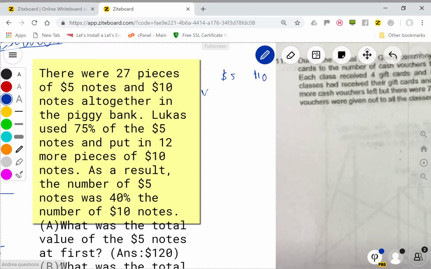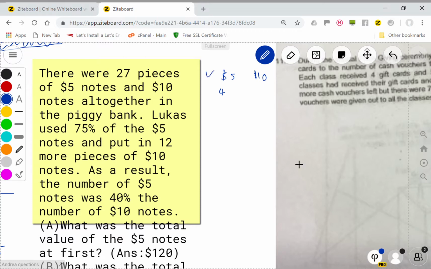Let's take a look, alright? So 27 pieces of $5, $10 all together. Lucas used 75% of the $5 notes, and put in 12 more. I do not know how many there are, but I know that for the $5 notes, I will start with